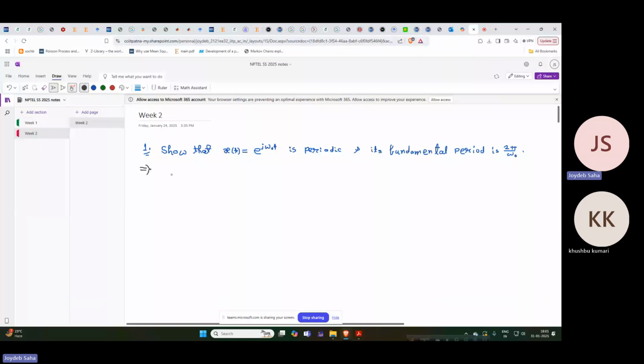The first thing that we need to observe is what our signal is. Here the signal is x(t) equal to e to the power j omega 0 t, and it is a complex exponential signal, right? Our task is to show that it is a periodic signal and its fundamental period is 2 pi by omega 0. So x(t) equal to e to the power j omega 0 t is periodic